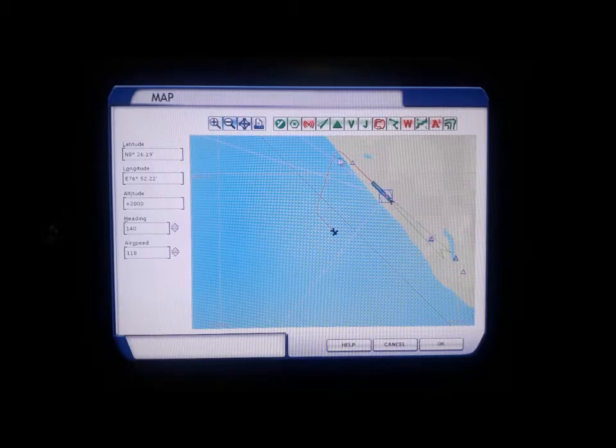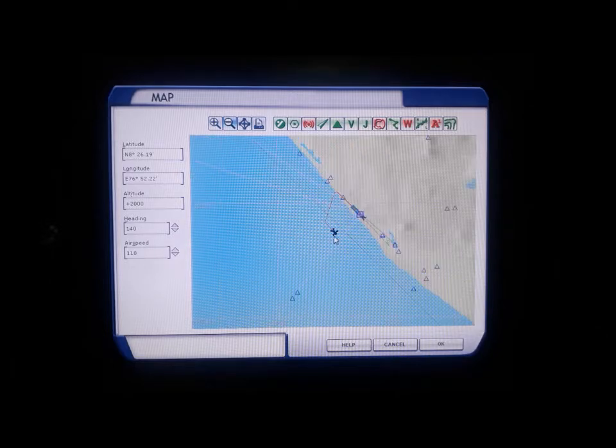You can see here, now we have turned here to a heading of 140. This is the runway 32. This is the radio beam. What you see here is the radio beam. We'll come further beyond this point, waypoint C132. Then we will turn to a heading of 10 degrees.